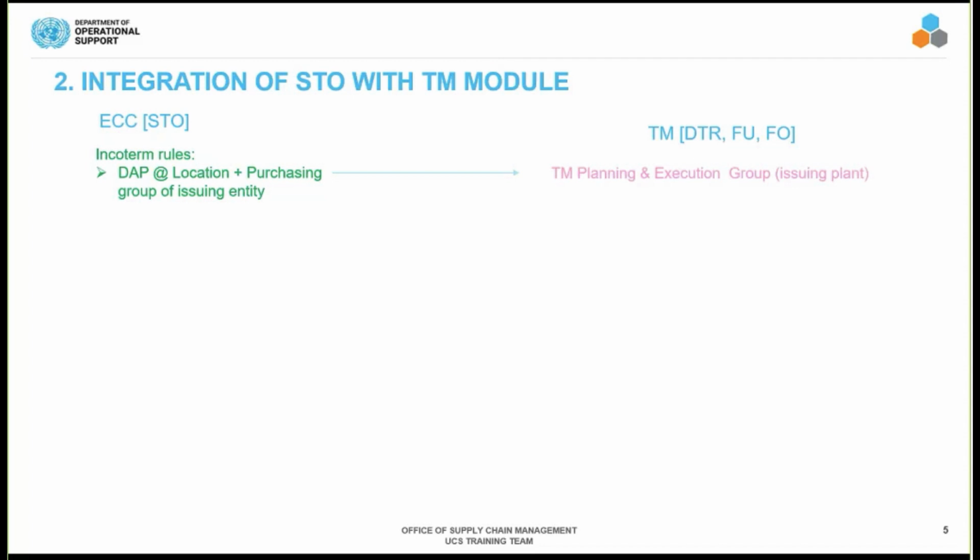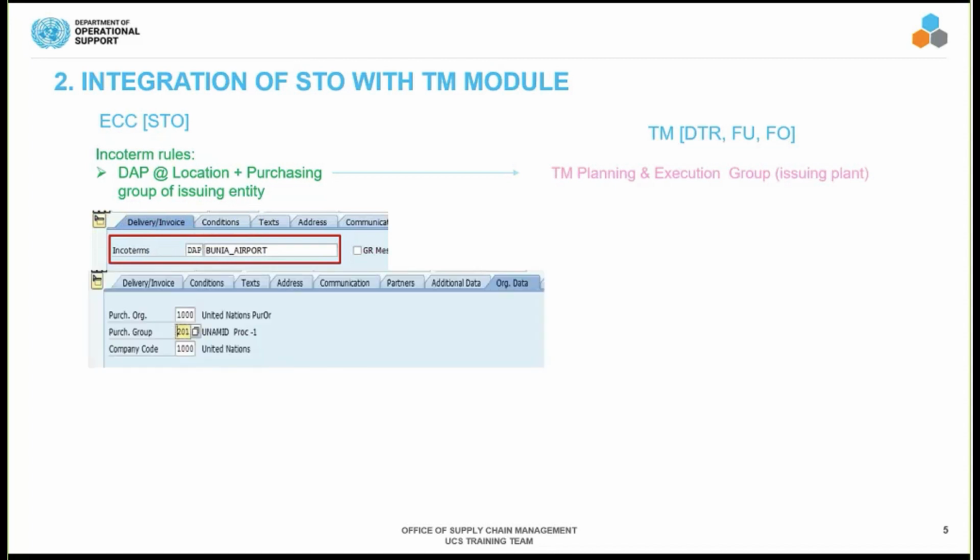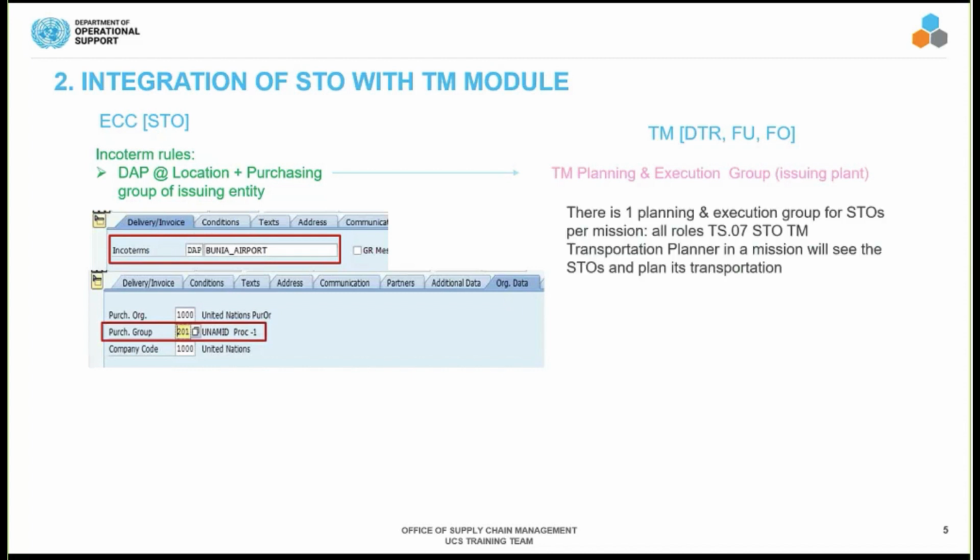In any of the cases, when you use DAP, you need to select the purchasing group of the issuing entity, and it will mean that the issuing entity is going to plan and arrange transportation and routes for the shipment. This will derive in TM in the planning and execution group of the issuing plant. In other words, the Incoterm rules that we select in the STO, in this example the DAP Bunia Airport, together with the purchasing group of the issuing entity, is going to determine